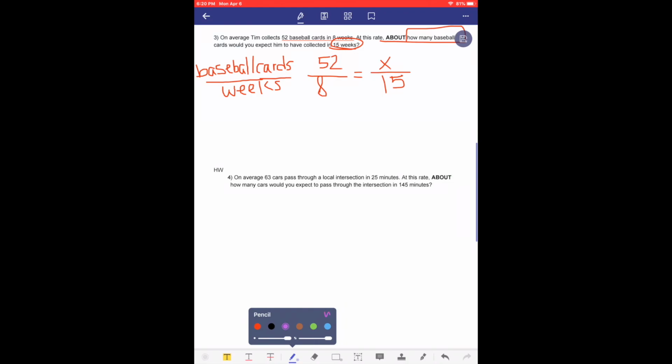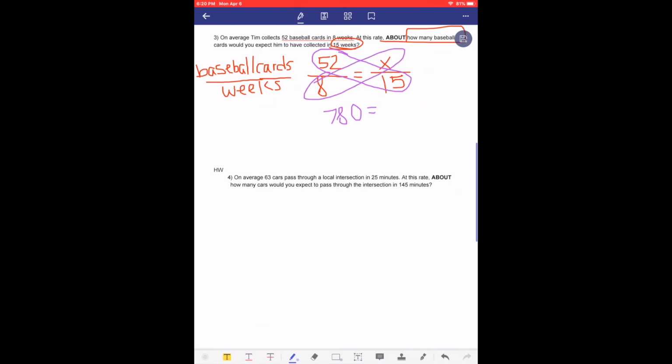To solve this, I'm going to cross multiply. First, I'll do 52 times 15. When you do 52 times 15, you'll get 780. And then we'll bring down an equal sign. 8 times x, well, that would just be 8x. To get x by itself, I'll divide by 8 on both sides. It would cancel on the right. 780 divided by 8, you would get